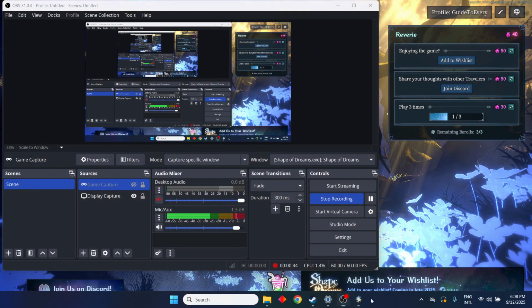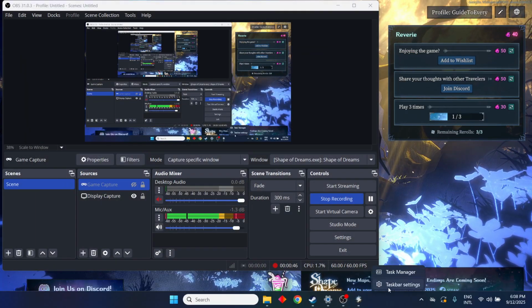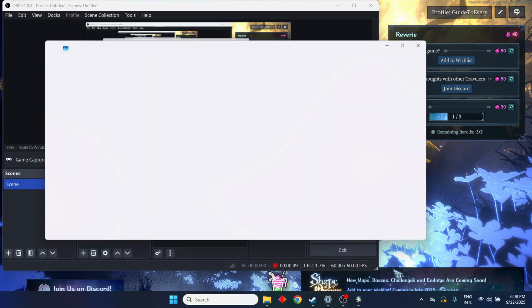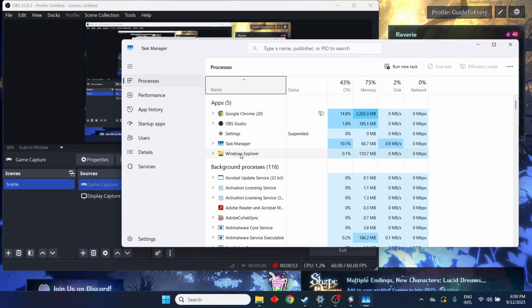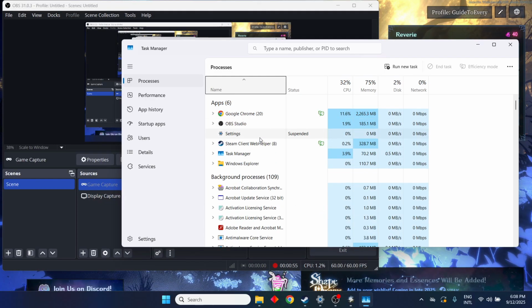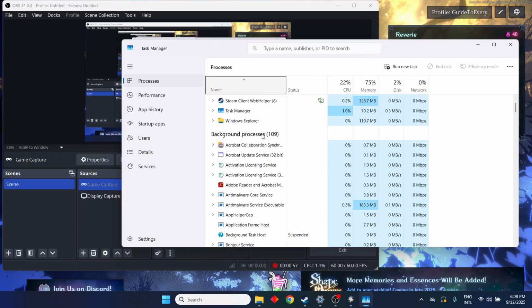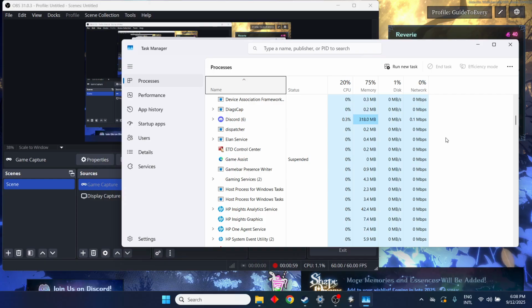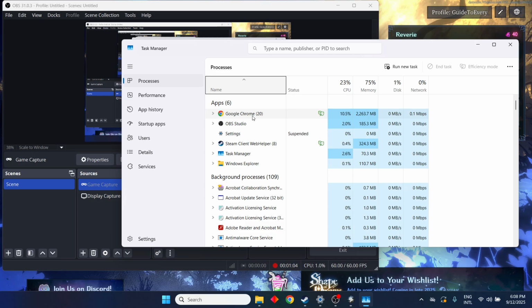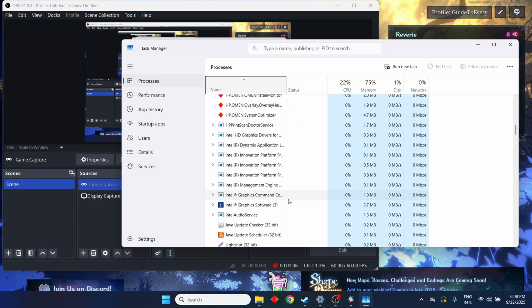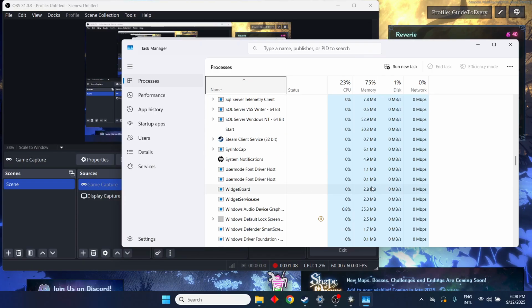After that, right click it on your taskbar and click Task Manager. Here, what you'll need to do is find the Shape of Dreams. Let me find it. I can't find right now a Shape of Dreams, but let's say I find the Shape of Dreams game, and